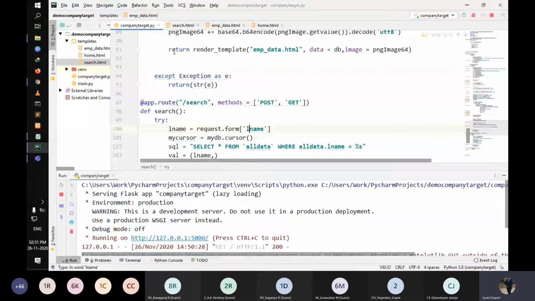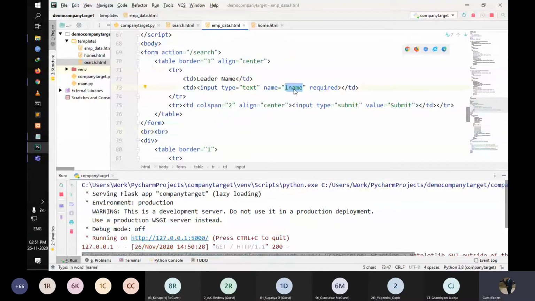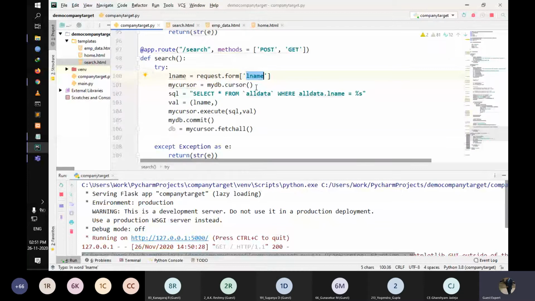So now this name, again I'm mentioning this name and the name here needs to be same, so it can fetch the data from here. It references the data that will be passed in this text box, and using the name, it will go here and will be given to this variable.